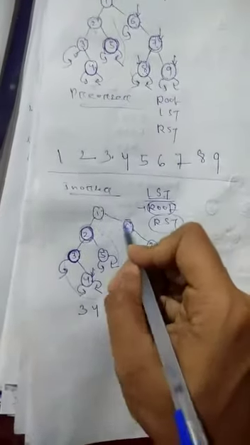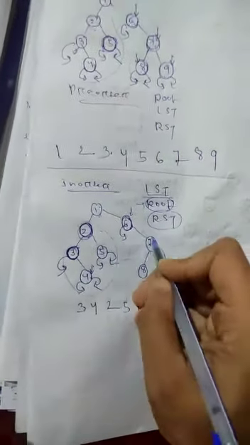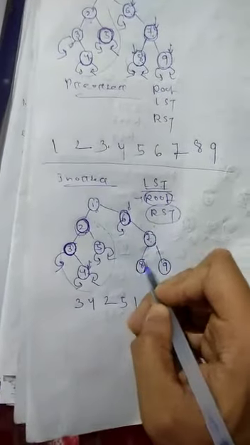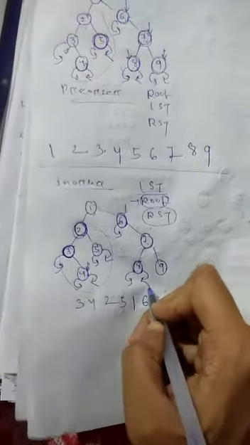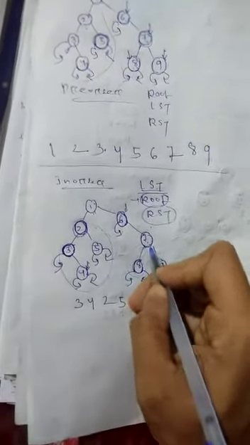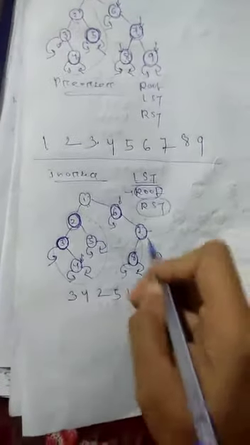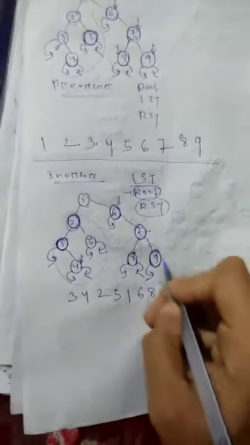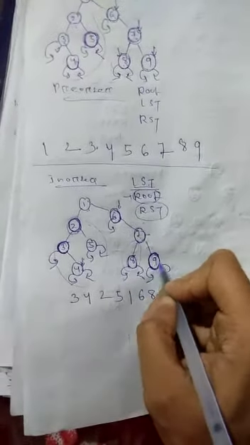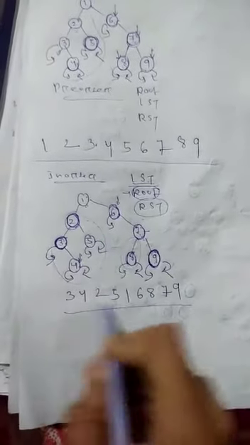Next, here 6. The pointer is here. First the left subtree is visited, no left subtree, then print it, then go to the right subtree. Then here 7. First you go to the left subtree. Here again we have to check, no left subtree, then print it, then right subtree, no right subtree, then return here. The left subtree is visited, then the second statement is printed, then go to the right subtree. Okay, here the left subtree is first visited, then print it, then we have to go to the right subtree. So this is completed. Then here also left subtree, printed, then right subtree. Then here left subtree, printed, right subtree, 1 also. Then we have to complete it. This is your in-order traversal.